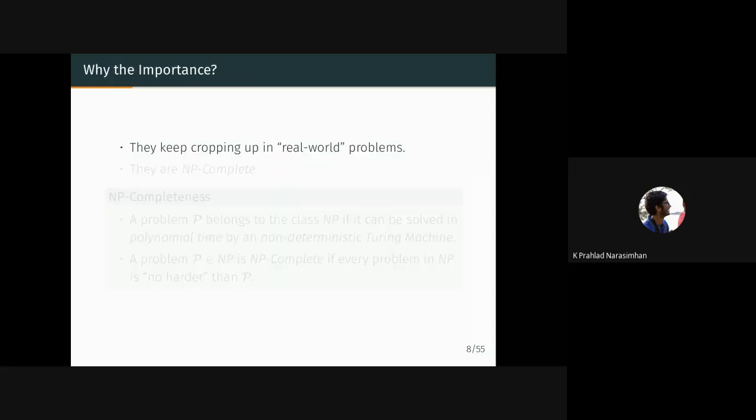So these are two so-called important problems. And why is it important? Well, important means different things for different people. For most people, by most I mean people who are not interested in computer science, they keep appearing in something called real-world problems. Real-world problems would be like stuff in networking and all that. People in computer science don't really care about that.